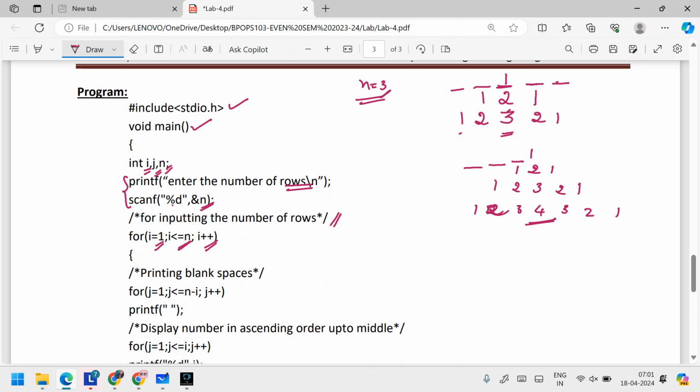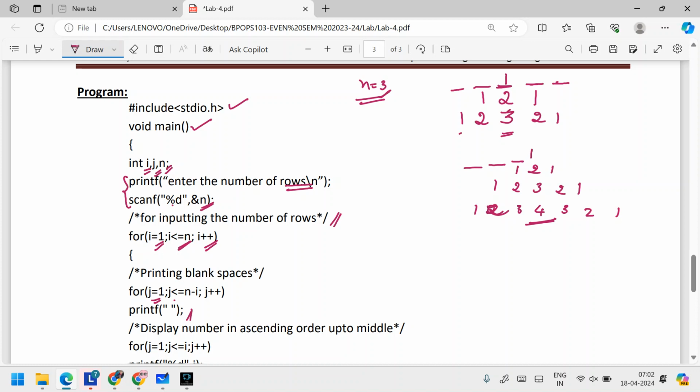Okay, but look at this loop. For printing the number of blank spaces also, you need a loop. Here you see printf of the space, but how does the for loop look? It will start at 1. The number of spaces starts at 1, and the final condition is n minus i: j equal to 1, j less than or equal to n minus i.